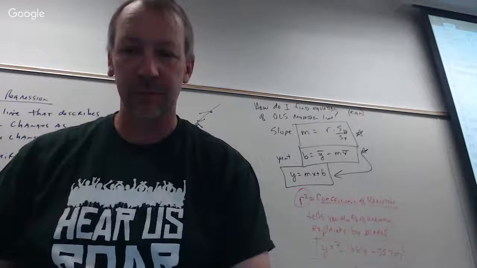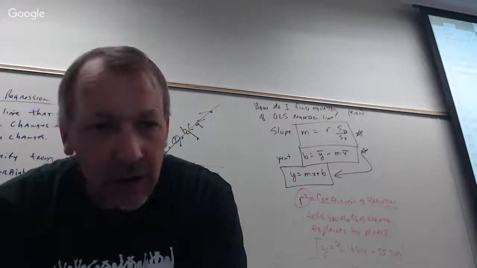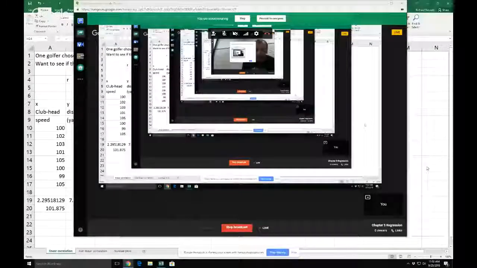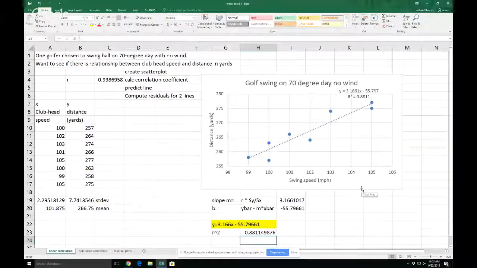Now let's look back at our scatter plot for a second. Okay, so if we look at our scatter plot here, notice there's two times that we hit at 100 miles an hour. One time, the first time we hit at 100 miles an hour, it went 257 yards. Another time we hit it 100 miles an hour and it went 263 yards, okay? So you can see one of those dots is above the line, one of them is below